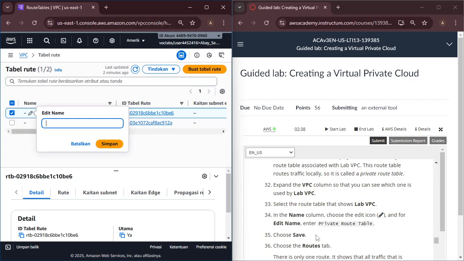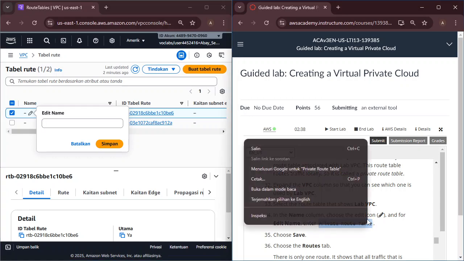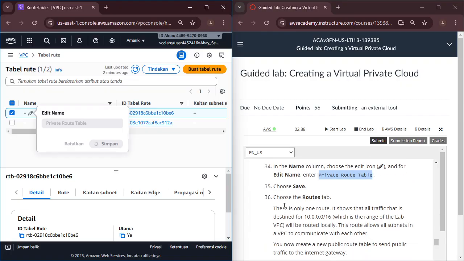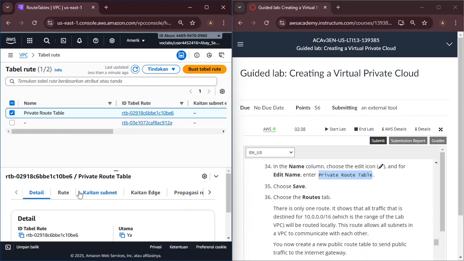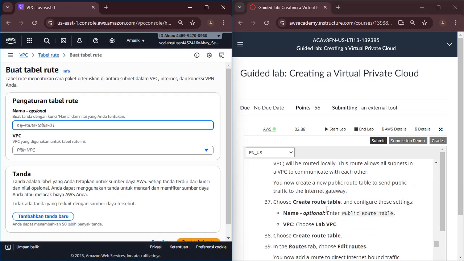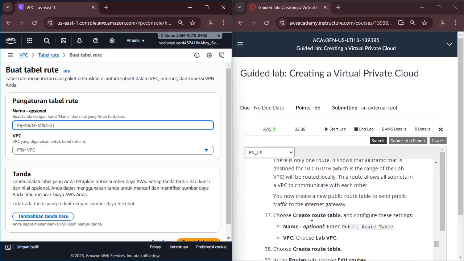Edit name. Name this one private route table. Public route table.